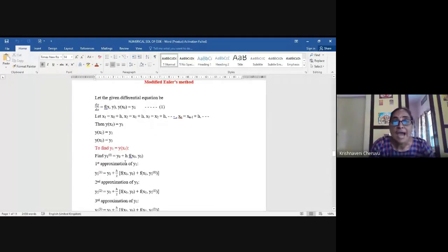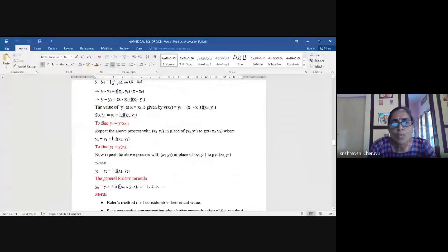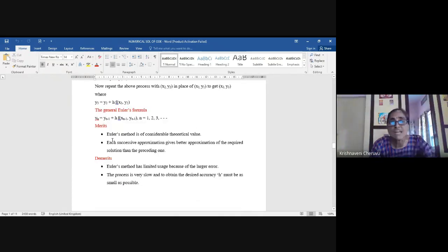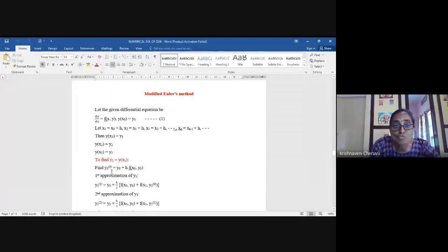But the modified Euler's method is a better method. It gives you less error. It is more advisable to do the problem by the modified Euler's method. Now, how are we finding y1? I'm explaining it here. y1 is, by the notation, y at x1. So you will not get y1 directly as in Euler's method. What did you see there? y1 is y0 plus h into f of x0, y0. f of x, y is known to you, x0, y0 are known, and h will be given. Just add to y0, you get y1. In a step, you're getting it. Whereas to get y1 here in the modified Euler's method, you have to find approximate values for y1.